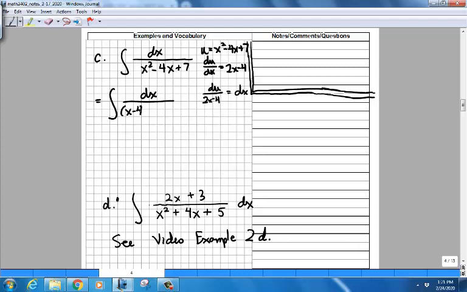What I'm going to do is group the x squared and the minus 4x together. Notice I'm putting a little space in here because I'm going to add something into that parentheses. But I'm going to group the x squared and the minus 4x together, and then I'm going to keep the 7 segregated here, off to the back. So I'm going to write plus 7 there, outside of the parentheses. Now, here's what my goal is. I want to add something into the parentheses so that I'll be able to factor this expression as a perfect